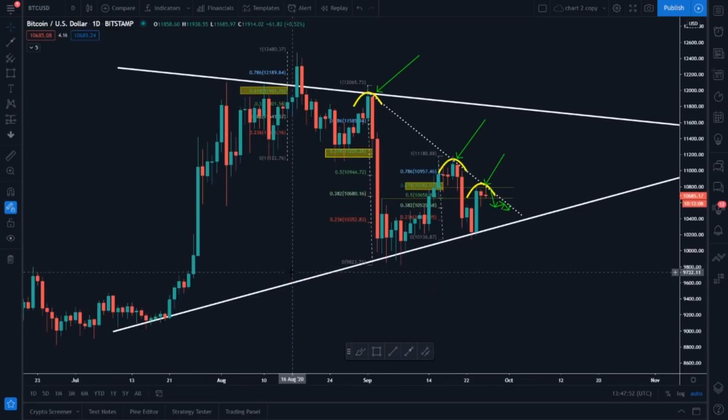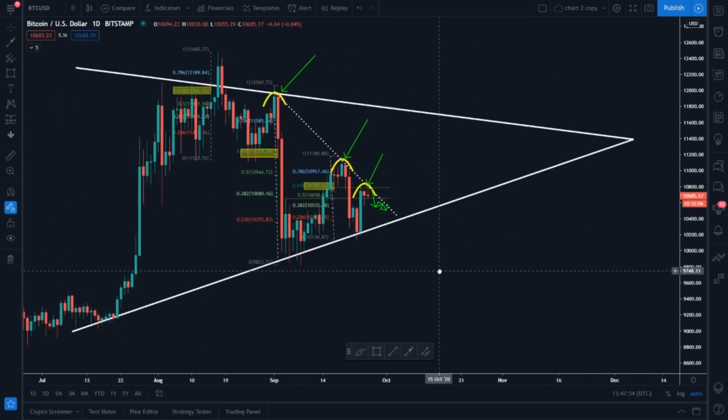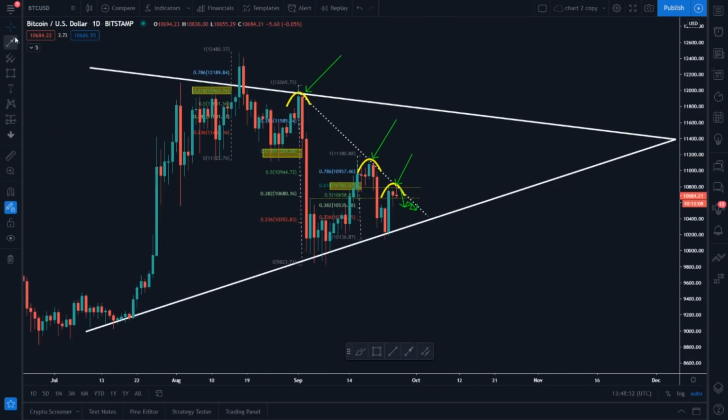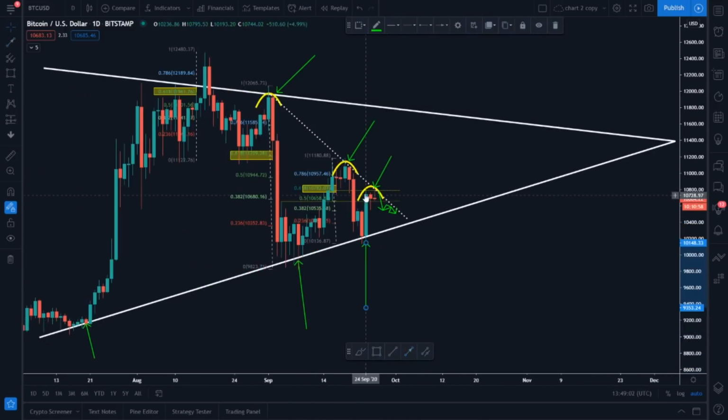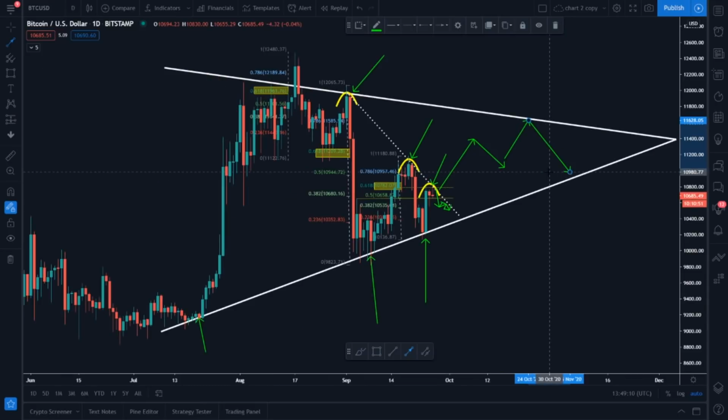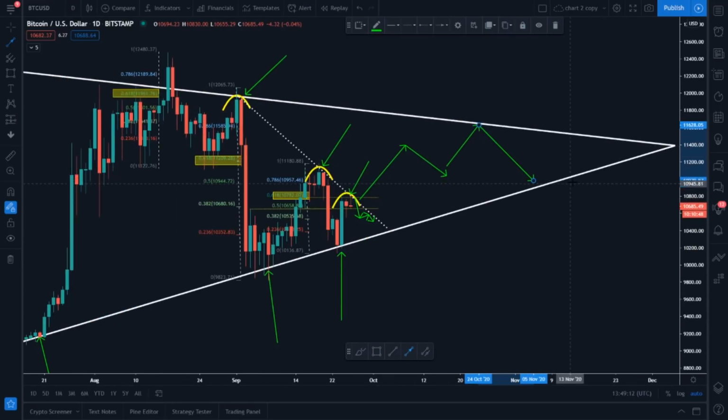So now if you look at this as a whole, this symmetrical triangle is also playing a very important role, because here the price, after reaching the lower line area, found a really strong support, right? So right now, looking at this scenario, if the price wants to continue forward in this manner, forming this really nice symmetrical triangle and getting a possible breakout, I am actually expecting a big breakout, guys,